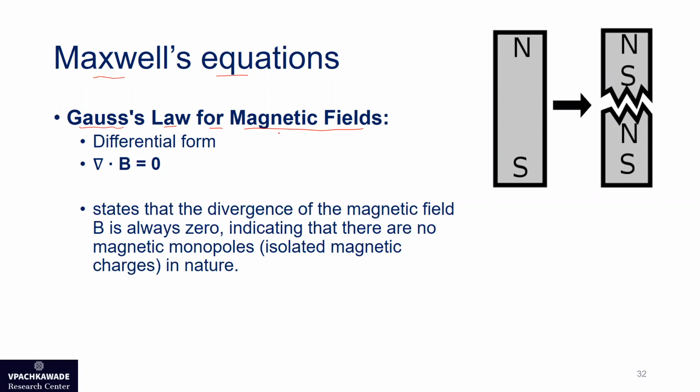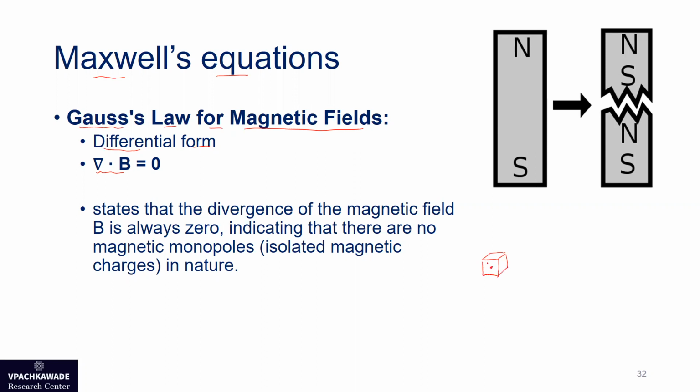So what this law states, there are two forms, the differential form and the integral form. The first form, which is the differential form, says that the divergence of the magnetic field through the closed surface of a volume is equal to zero, is always zero. So for example, let's say I have a volume and